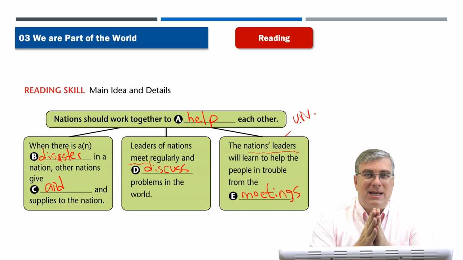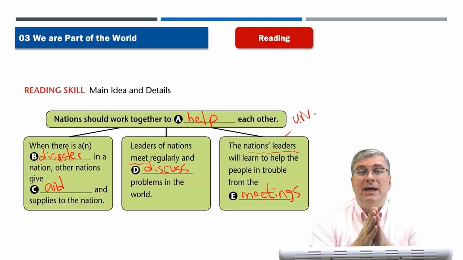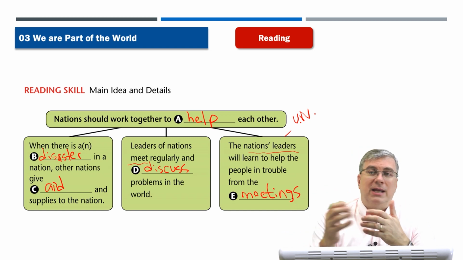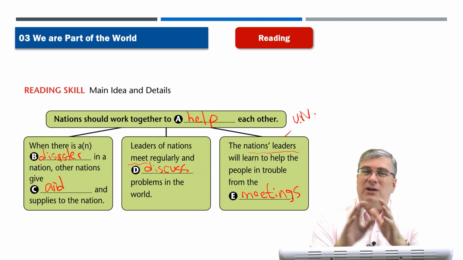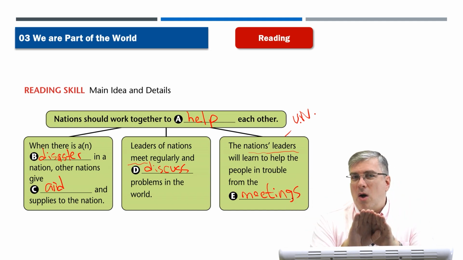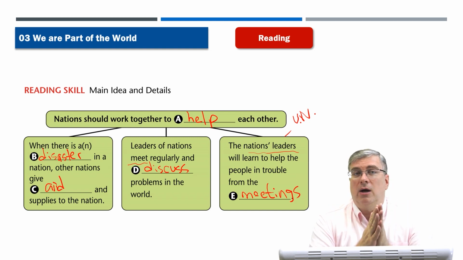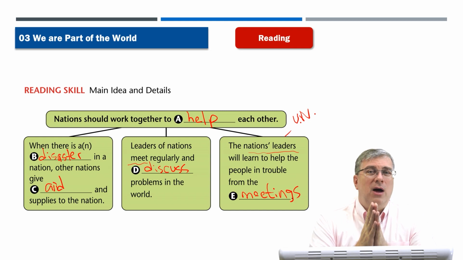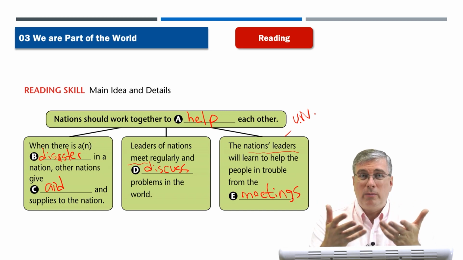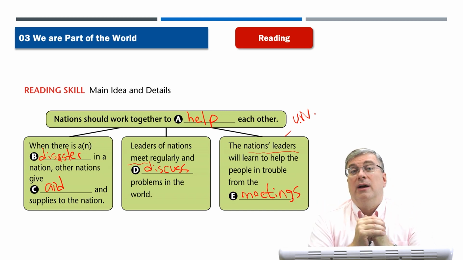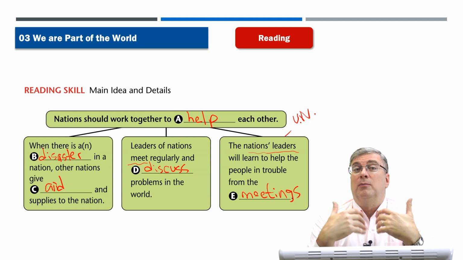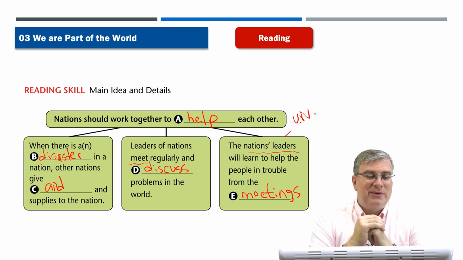This passage was about what kind of aid or what kind of supplies, how can we help other people when they are in need? And it's very important to help other people, even if they're in a different community, even if they're in a different nation. Because when you think about it, we are all really in the same community, the same global community, or the worldwide community. So it's important to help each other out, because who knows, sometimes you might need their help. But of course, if we help each other out, usually or normally, then we can all live together much more productively.